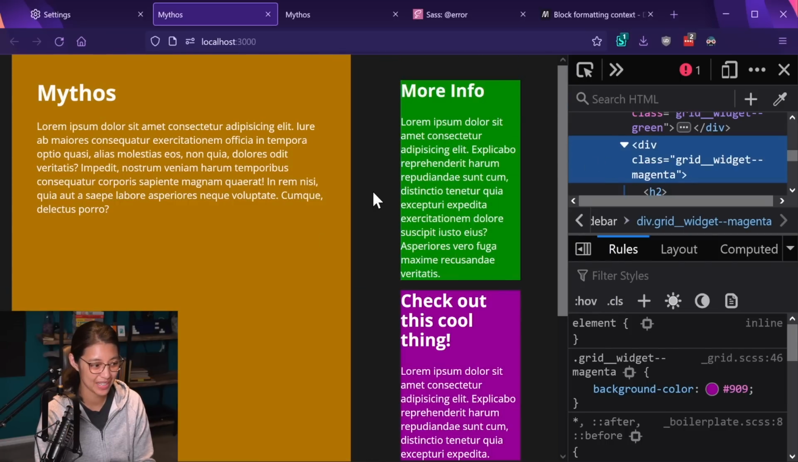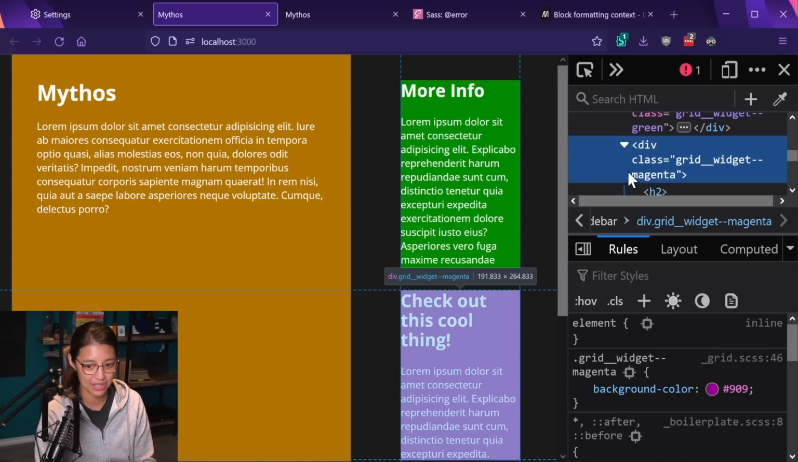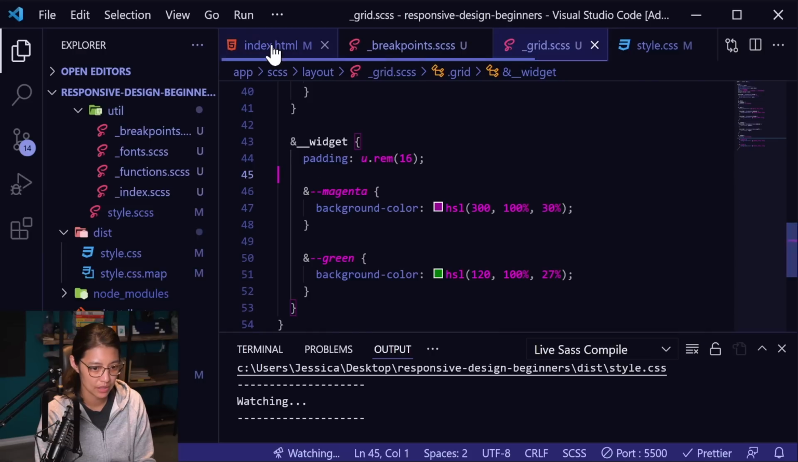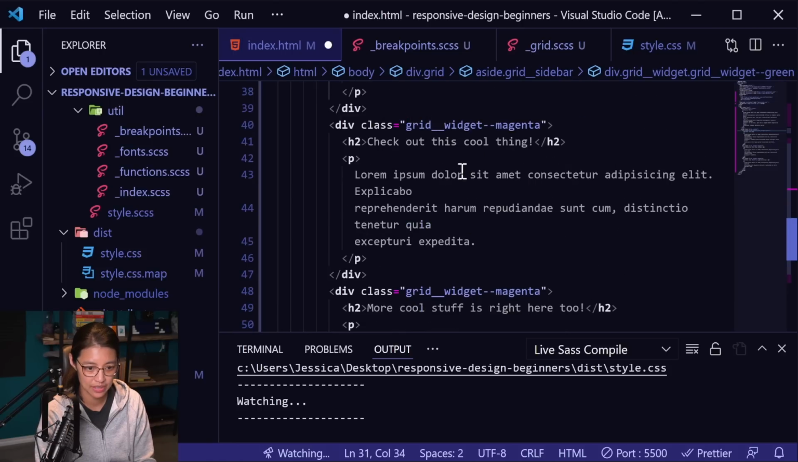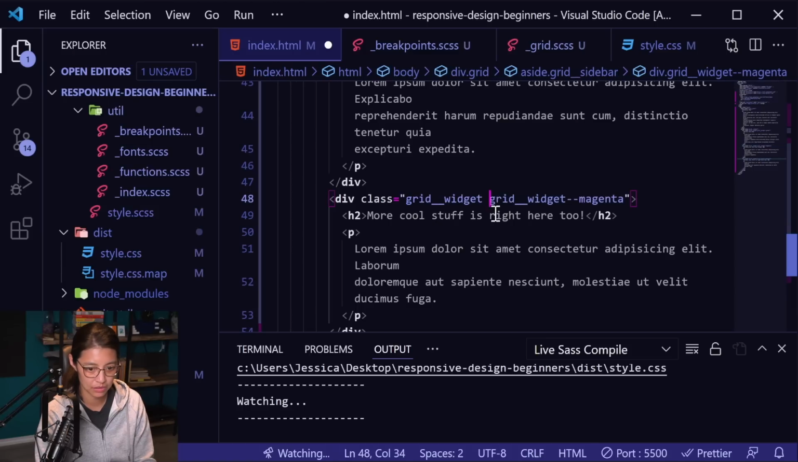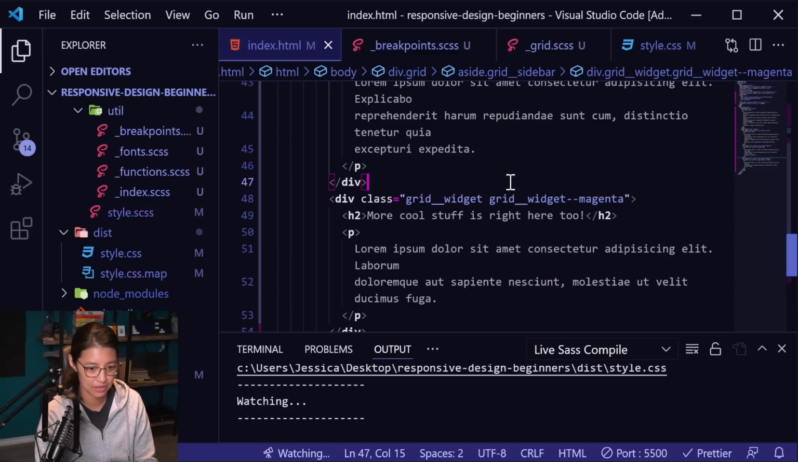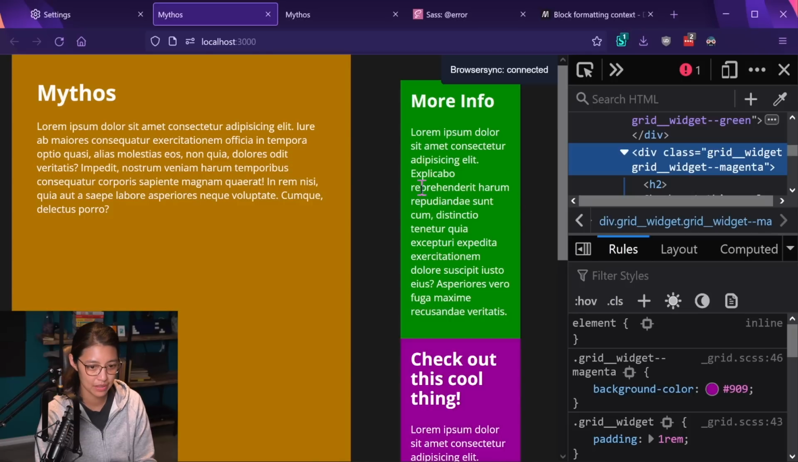But oh yeah, the padding's not here because it's in the grid widget class, which we had removed previously. So we need to add those back. So again, we're going to have two classes here. So grid widget green, grid widget magenta, and then grid widget magenta again. So now in our website, all right, the sidebar widgets have the background color and they have the